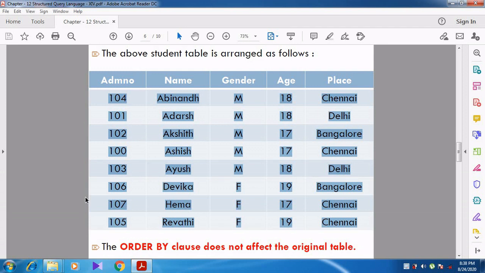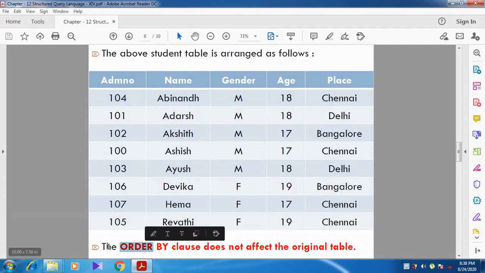By seeing the admission number itself we can understand that the admission number is not arranged in order, so the name is arranged in alphabetical order. Can you understand, students? Ascending order is not specified, but it is arranged in ascending order because by default ascending order is used. The ORDER BY clause does not affect the original table.